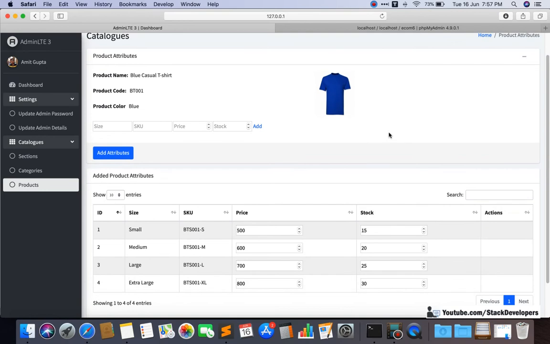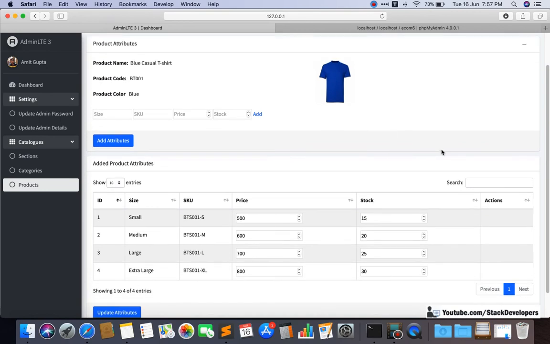Here we want to give the delete and disable option for the attributes in this video. So we are going to give the delete as well as active inactive, meaning enable disable, option for the attributes. We are giving the delete option because if a wrong attribute is sometimes added by the admin or the client, then they can delete that attribute.